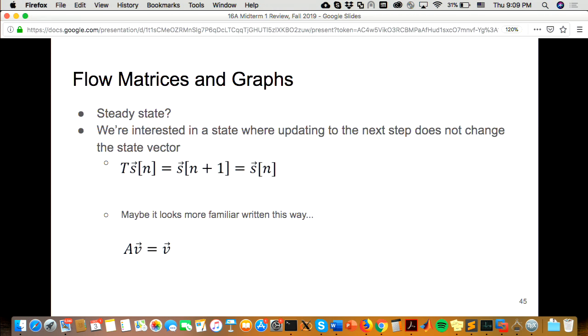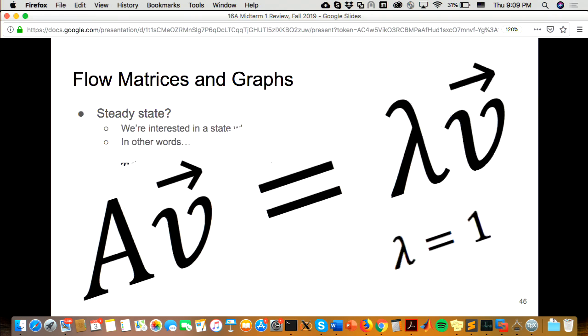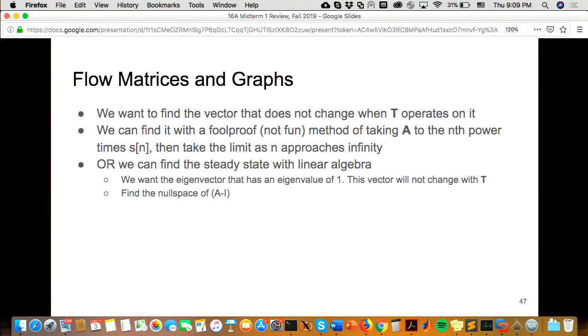Now, as I said, we're interested in figuring out what a steady state will look like, right? If my next time step is identical to the current time step. Now this looks pretty familiar, right? What does it look like? The eigenvector eigenvalue setting of a problem, right? Yeah, with lambda equals 1 this time. Now, we want to find the vector that does not change when T operates on it. So,